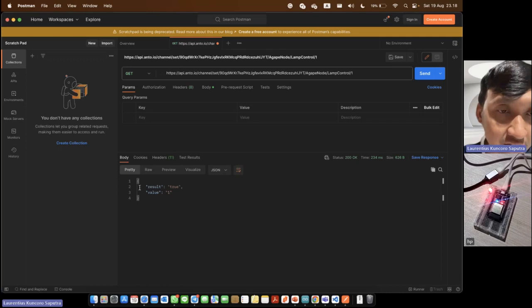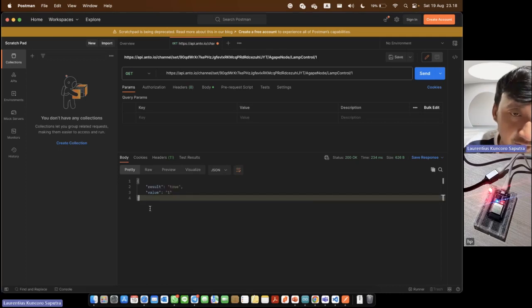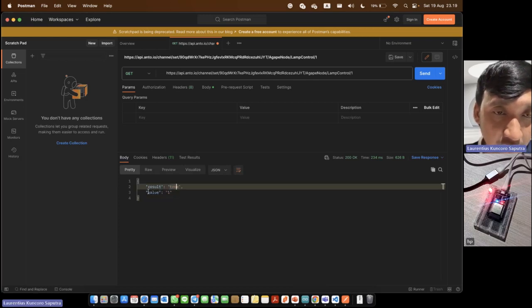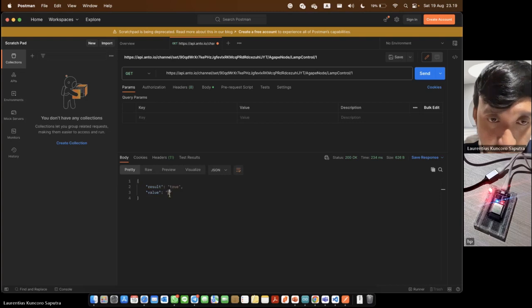The return value is in JSON format. It's like this one. Okay, the return value has two keys, result and value. The result is true, and the value is 1.